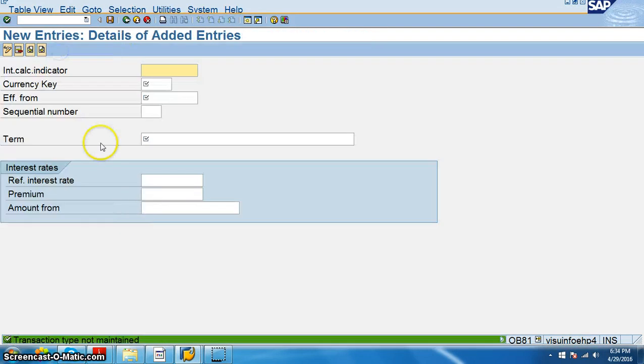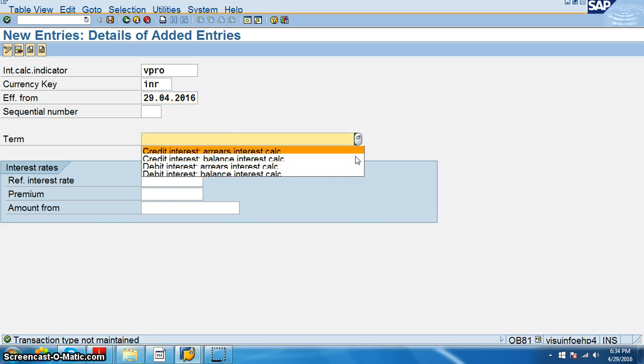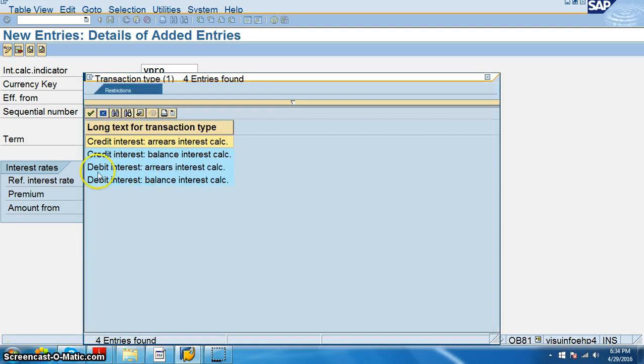So we'll go for new entries, and here the time dependent interest calculation indicator is again VPRO, INR, and effective from 29th April. Terms: credit interest arrears, there are different types of terms actually.